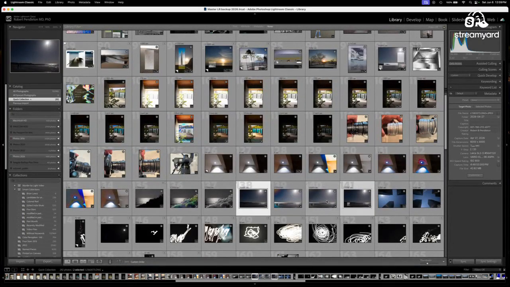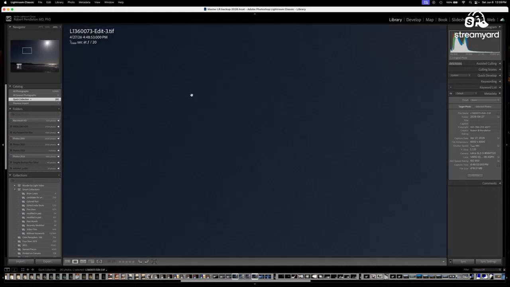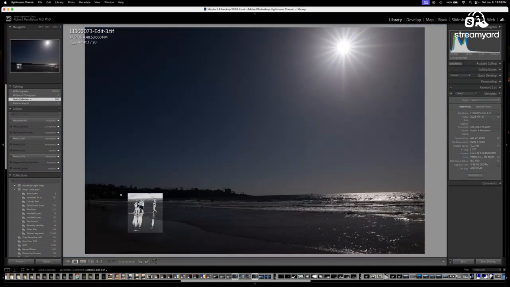Now we've got this little square in here kind of telling a separate story. This obviously needs to be brightened and worked on a little bit, but you get the idea.